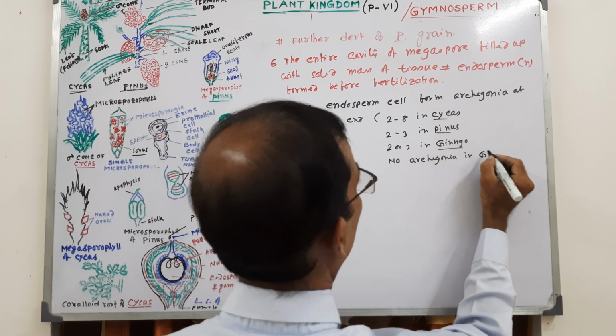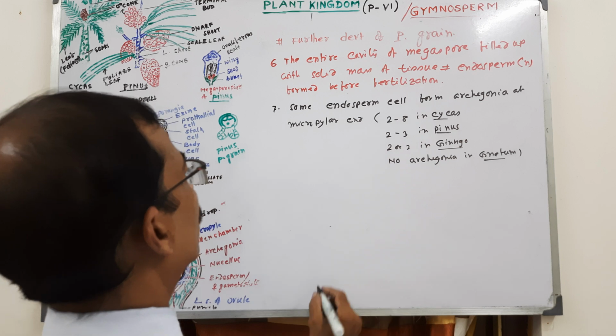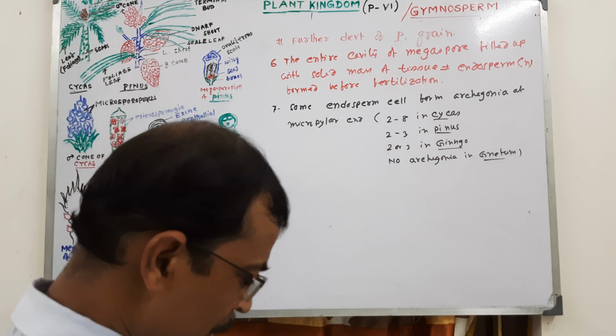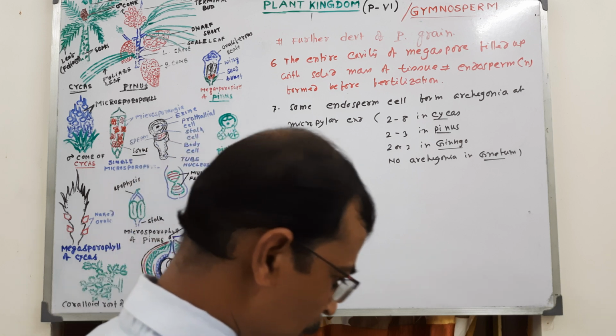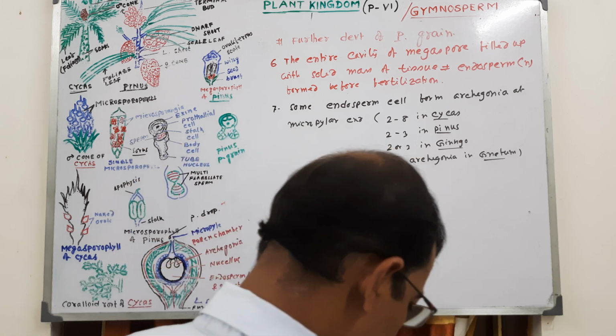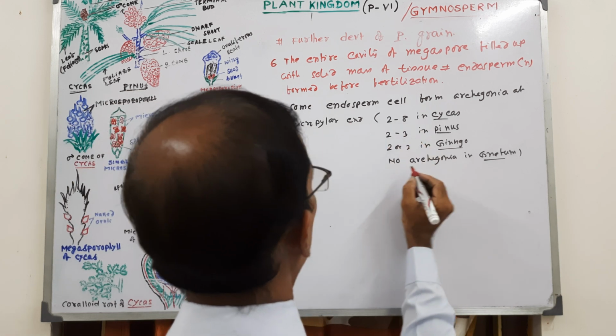Okay, Gnetum is formed at the tip of the micropylar region from the endosperm cells. Okay, and now about pollination. Each archegonium, where archegonia are present, each archegonium